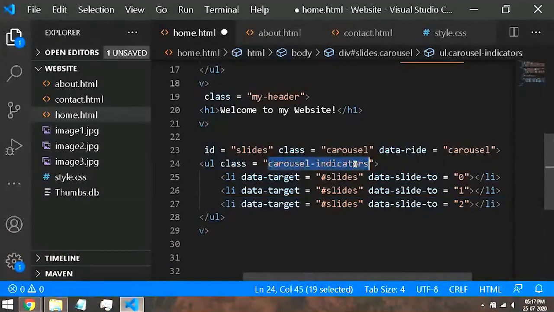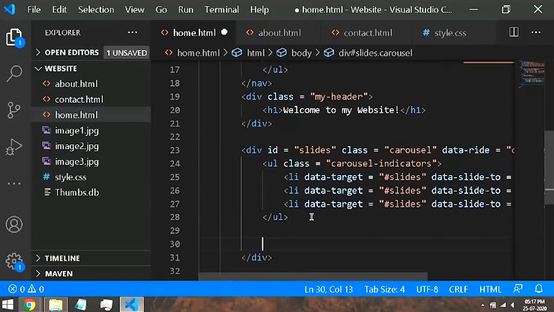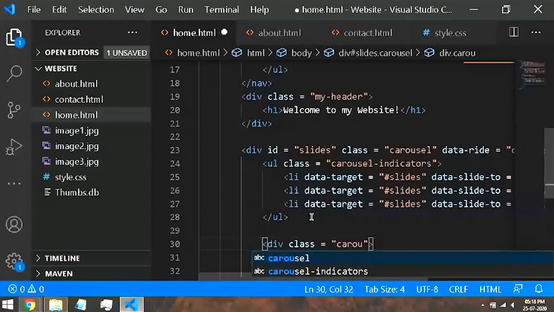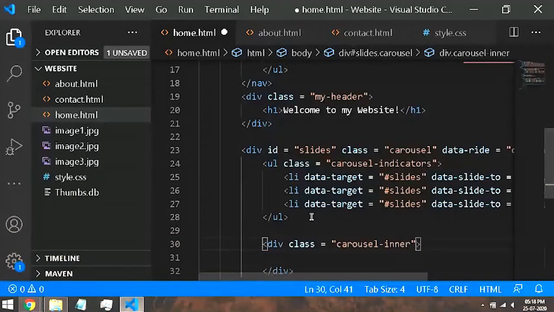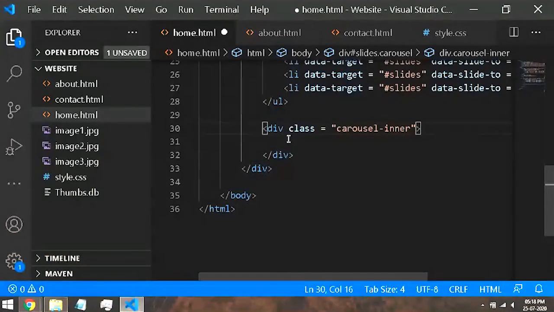I said carousel indicators. So these are 3 indicators and not the actual display. Now we will work on the actual display of the carousel. So div. Most of the things written in HTML are done using divisions only, because it is easier to separate the elements from other elements. That is the simplest method. So here we need to give a class of carousel-inner. This is specifying that this class will contain the content of this carousel.